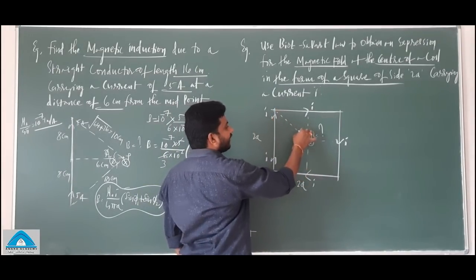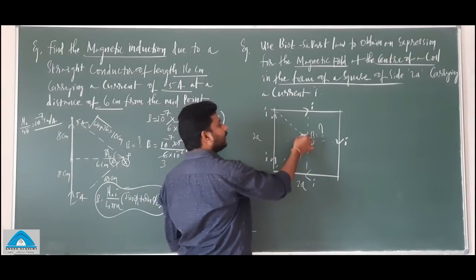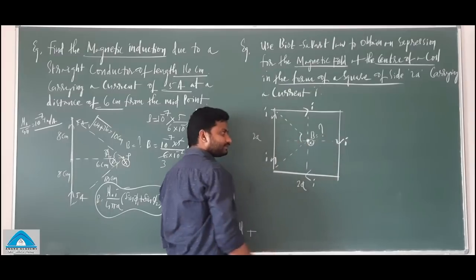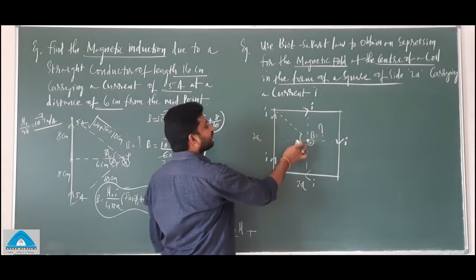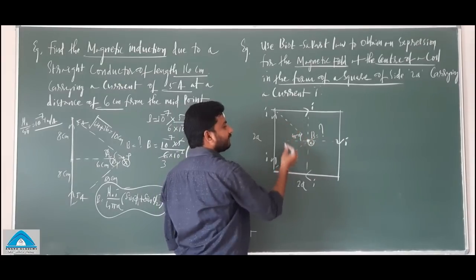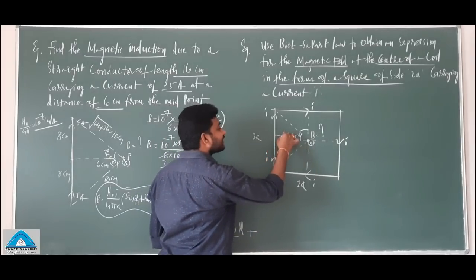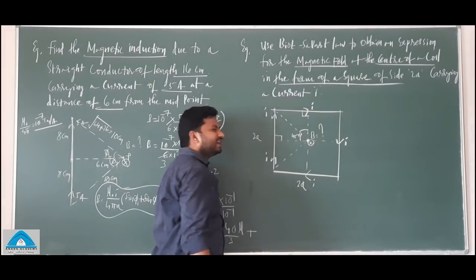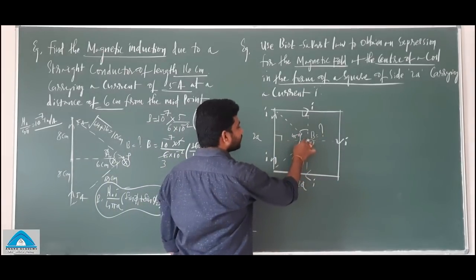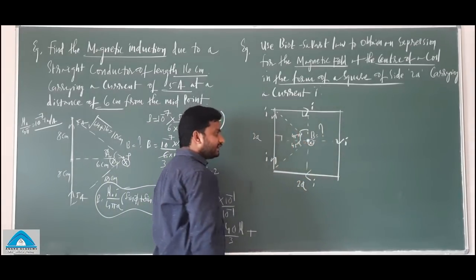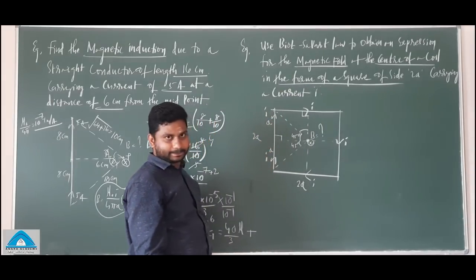What is phi 1 and phi 2? You can see here, this is an angle. Can I say it is 45 degrees? Here it is definitely 45 degrees. It's 45 and this also will be 45 because this is 90 and this is also 90. So it's 45 degrees, and this is 2A, this length is A and this is A. Right?